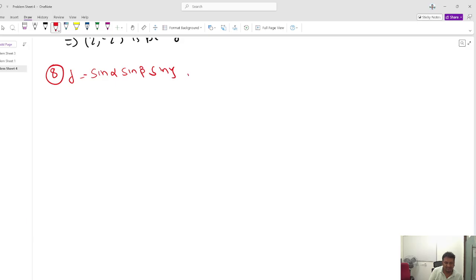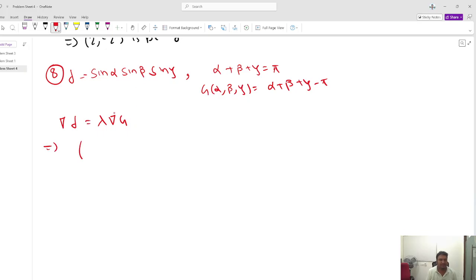Oh my God, this is too calculative. Not too calculative. So what is given? These are interior angles, and you know interior angles sum up to pi. So that is what your G will be: alpha plus beta plus gamma minus pi, right? And what will gradient of f equal to lambda times gradient of G give you? You have to differentiate it with respect to alpha. So it will be cos alpha, sine beta, sine gamma, and then you will have